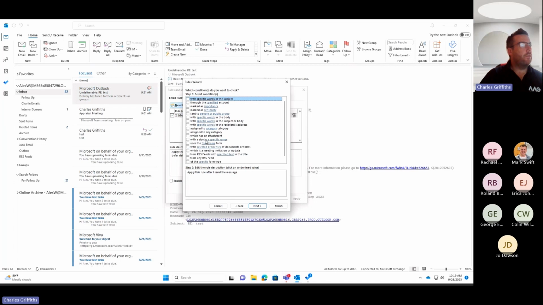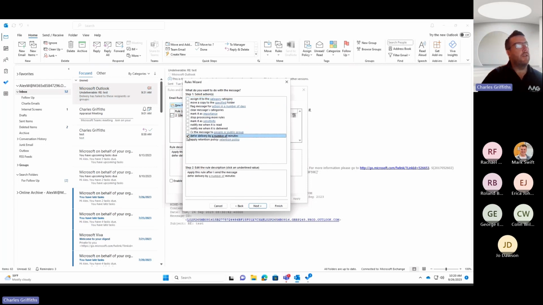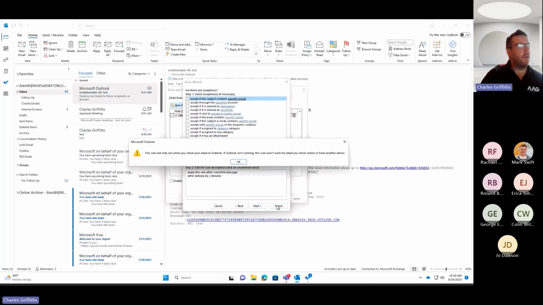What I'm going to do here now is, I'm not worried about the condition because I want this to apply to all messages that are sent. What I want to do is defer delivery by a number of minutes. So I'm saying, apply this rule after I send basically any message, and defer the delivery. In this case, I'm just going to say by 2 minutes, to give myself a little bit of time. So I can now click next, and I can click finish